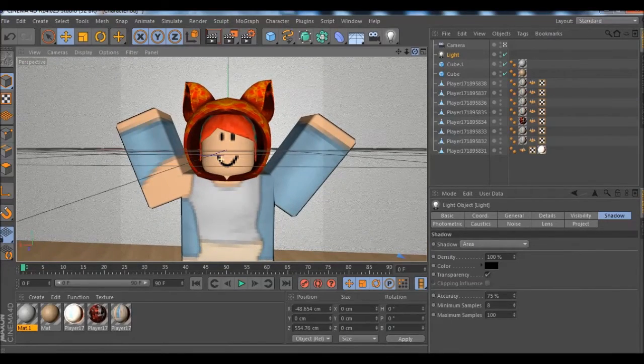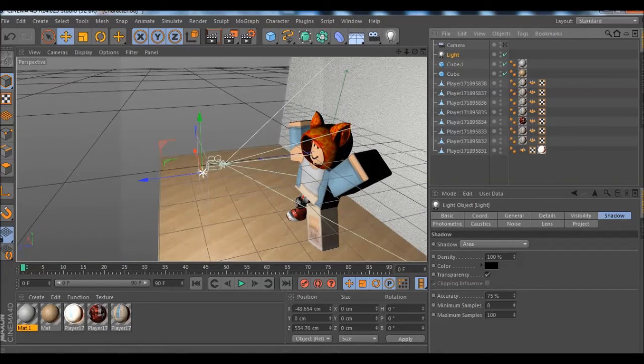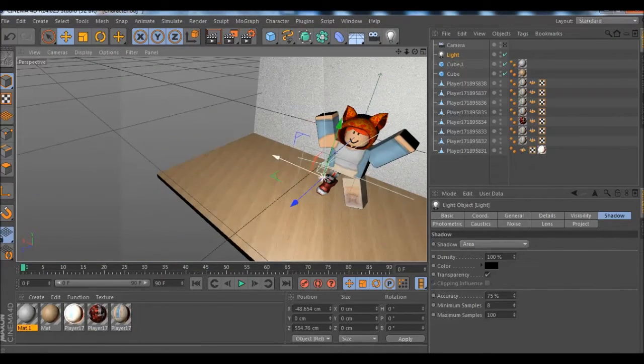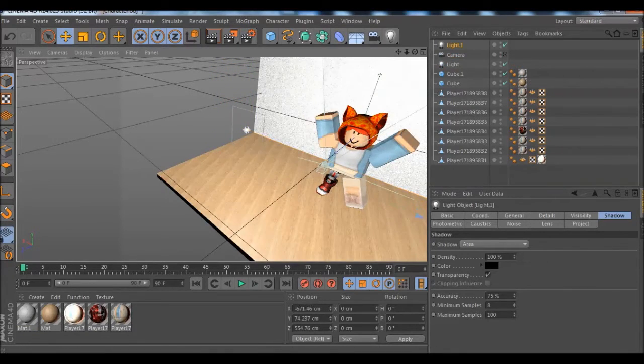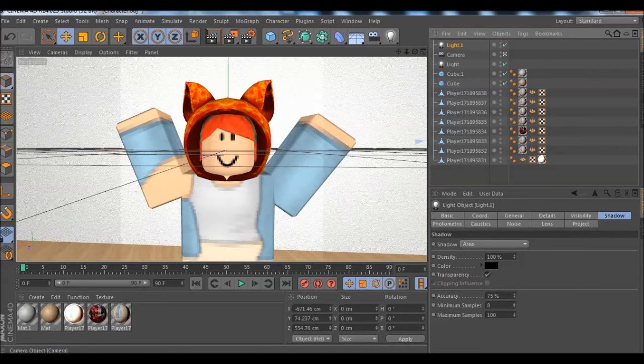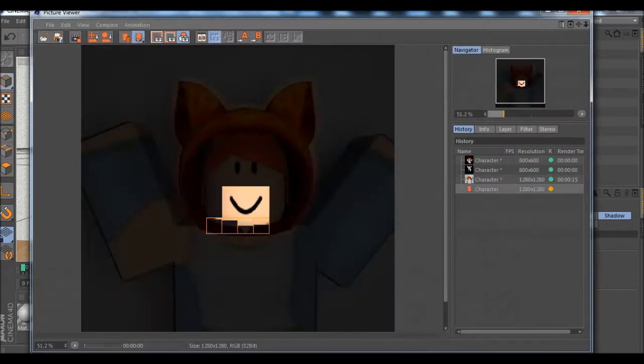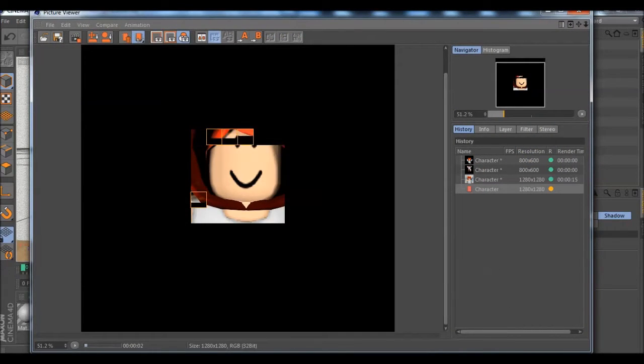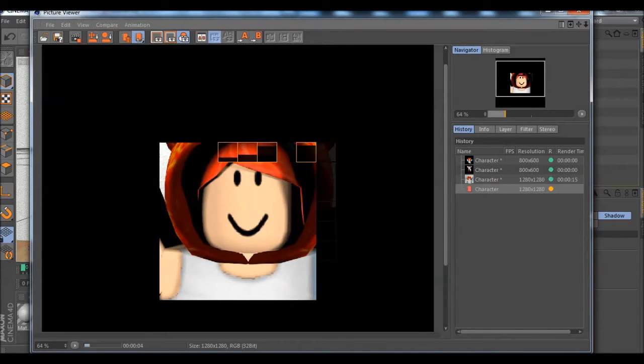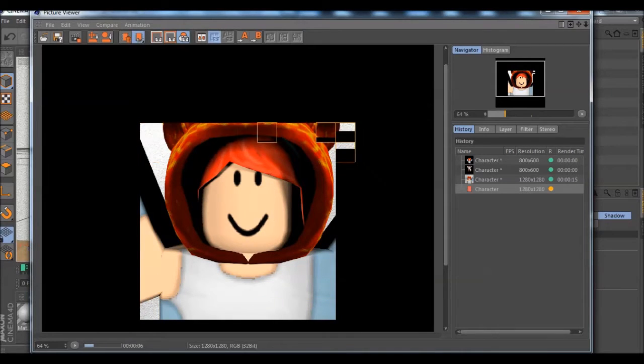what we're going to do is we're going to add a couple more lights. So I don't use light boxes or whatever you want to call them. I basically just place a couple of lights around to see what looks good. I find it the easiest thing to do. So I just do that, render it, and then we're going to get this really nice shadows in the hood.